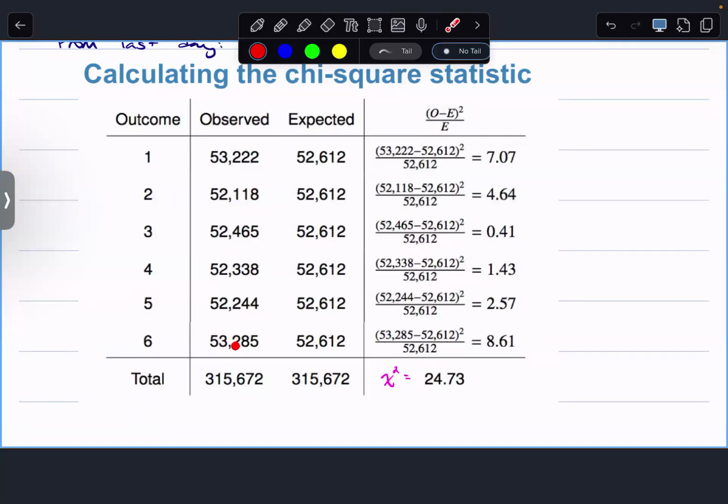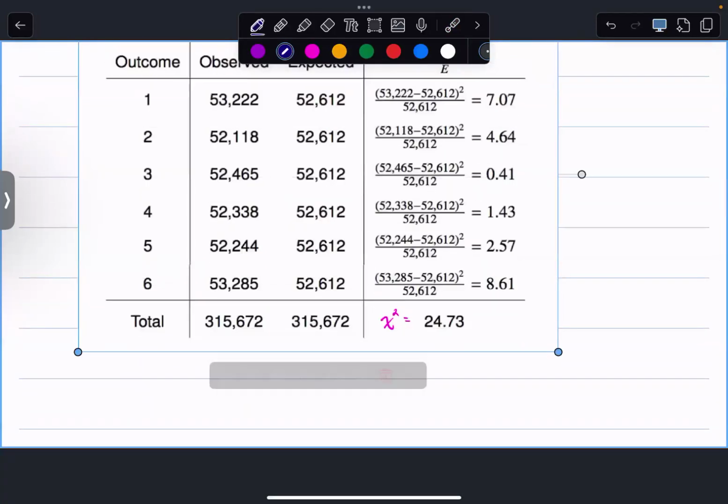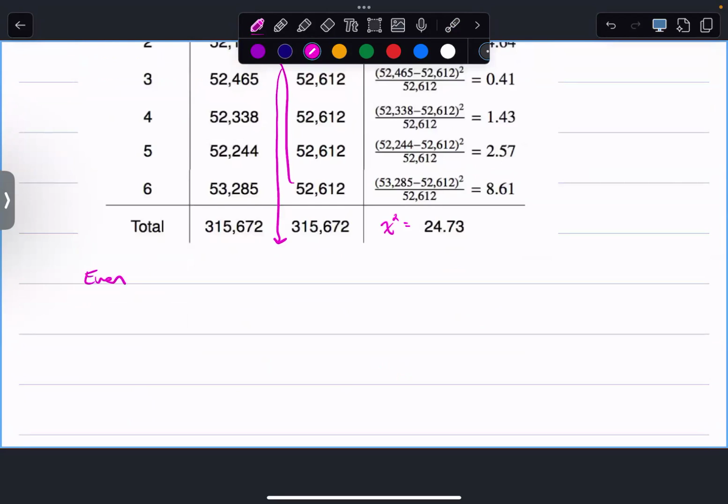But then what we did was we took this 315,672 and divided it evenly because that's my hypothesized distribution, right? And so divided by 6 gives me 52,612 for each of these, right? So my expected counts, for an even distribution, we said, okay, that should be